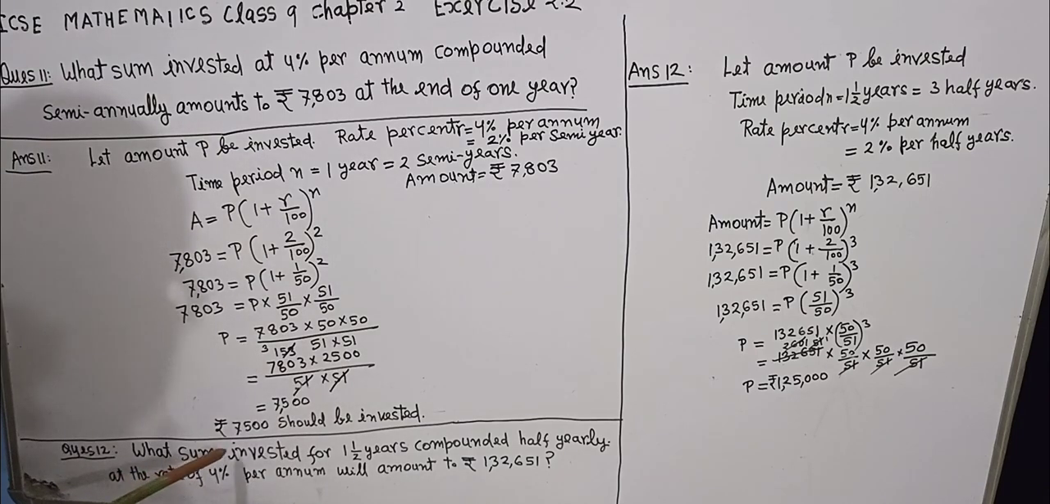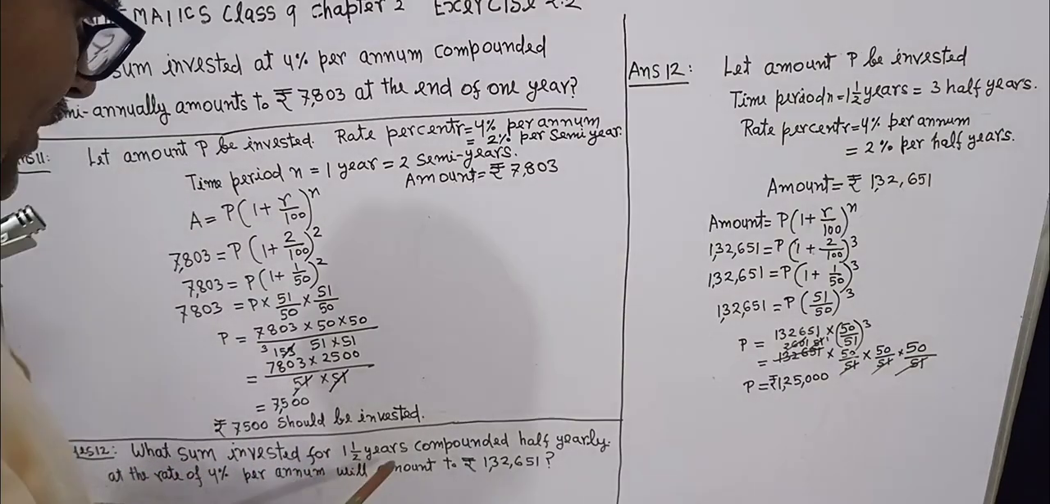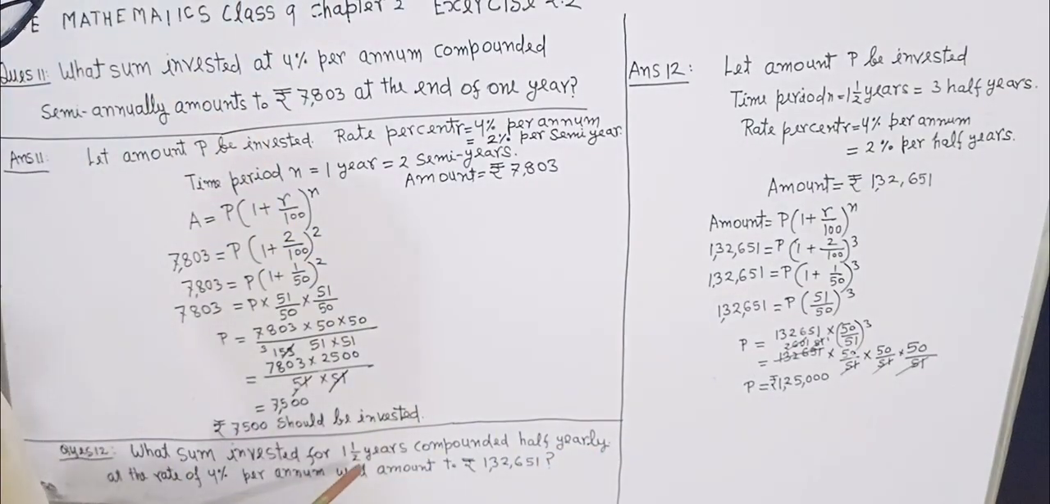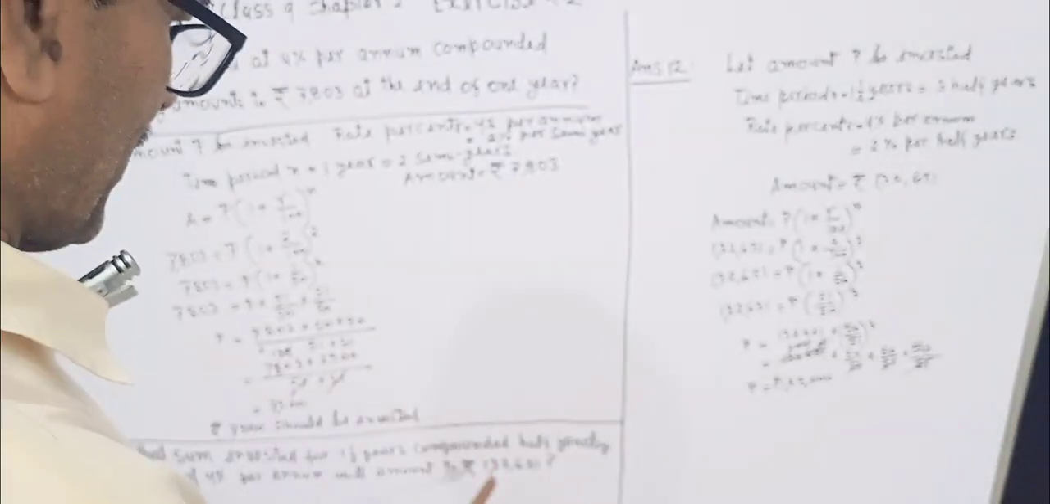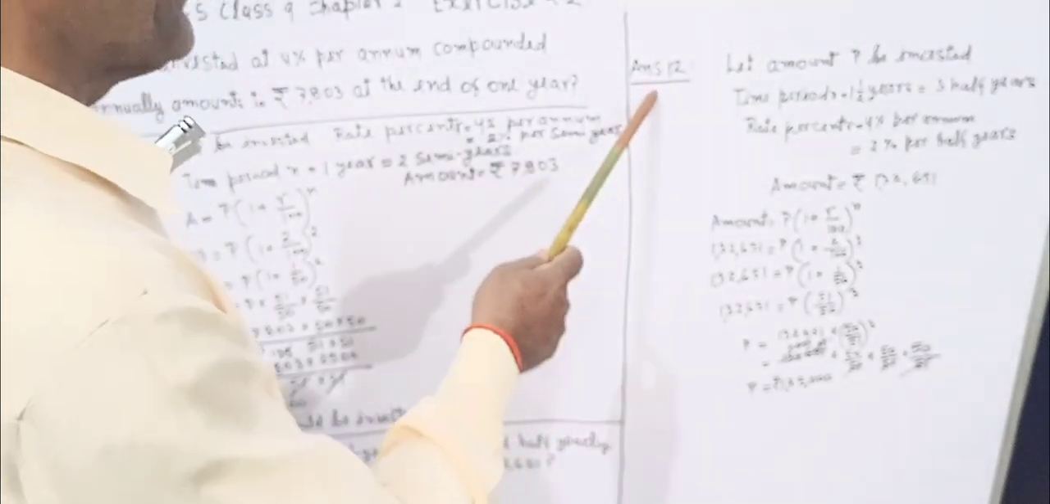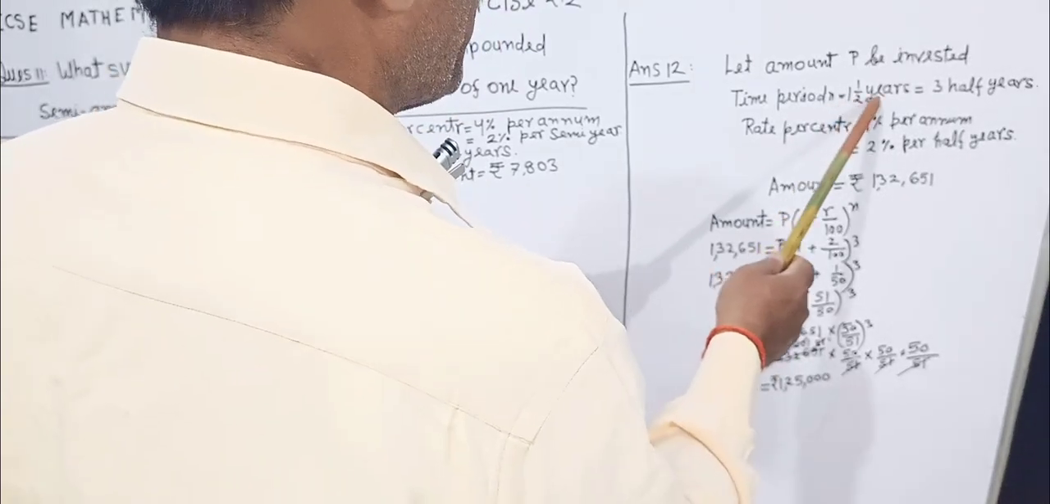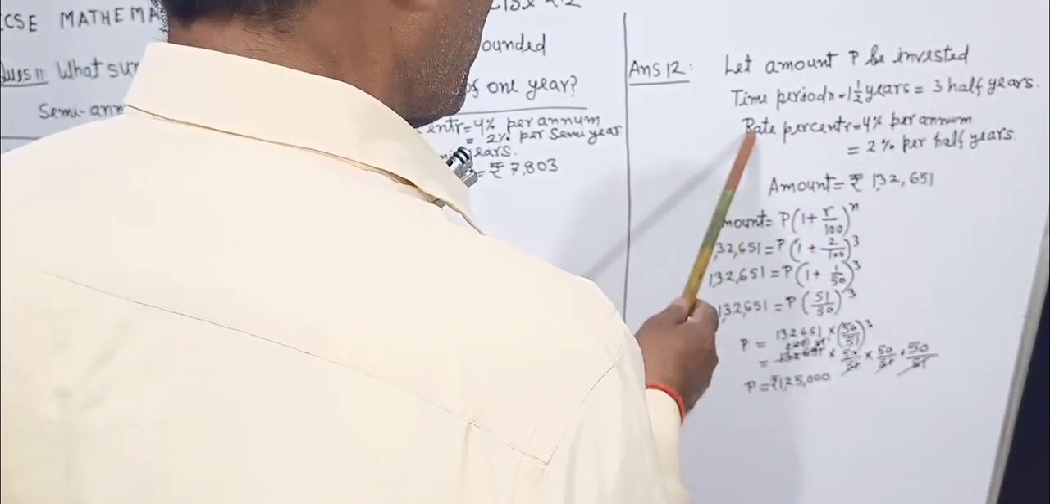Question 12. What sum invested for 1.5 years compounded half yearly at the rate of 4% per annum will amount to rupees 1,32,651? Answer 12. Let amount P be invested, time period 1.5 years is equal to 3 half years, rate percent